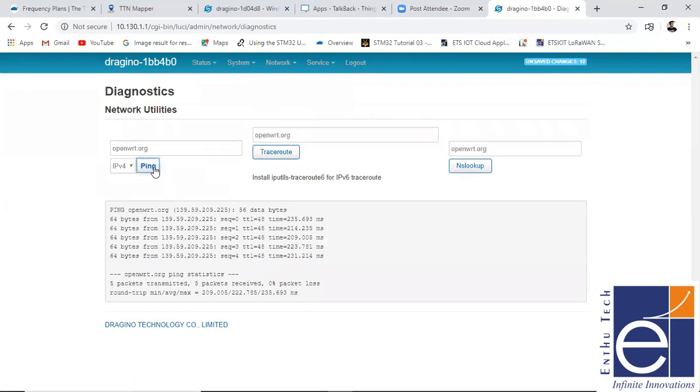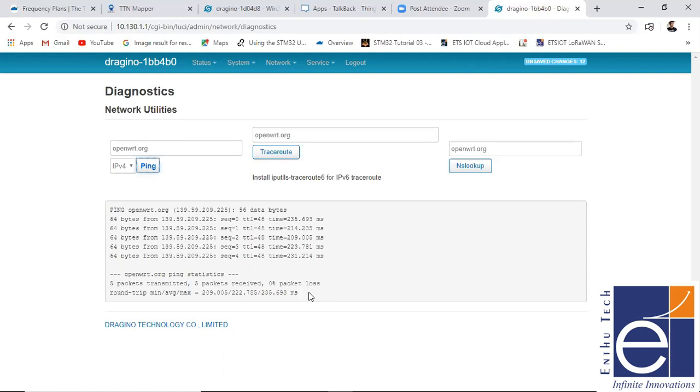Here you can see we have transmitted 5 packets and we have received 5 acknowledgement packets also. So 0% data loss. The diagnostic tells us that we have established an internet connection for our gateway.